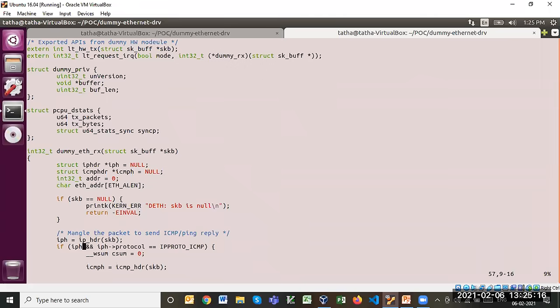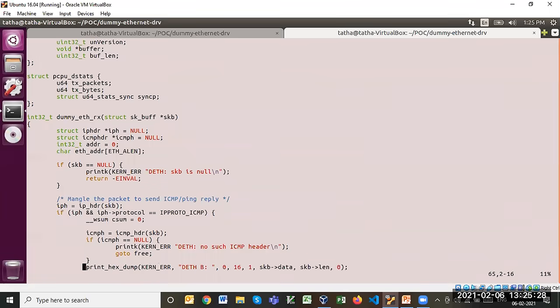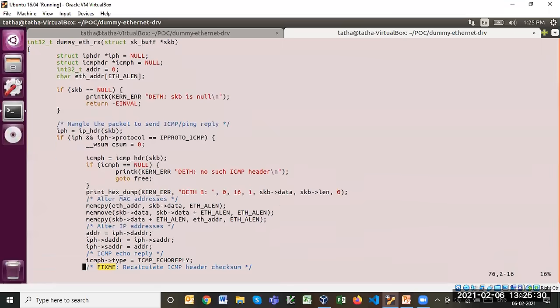Here I am doing some modification in the packet in order to successfully do the ping operation. But in normal cases, you do not need to modify the IP header or the protocol. You only need to populate the MAC address if required, and then pass it to the network stack.